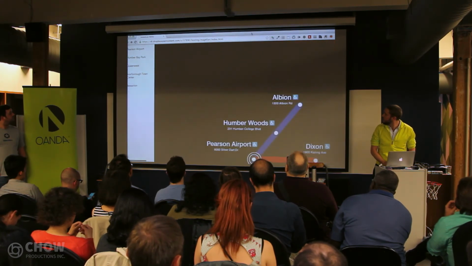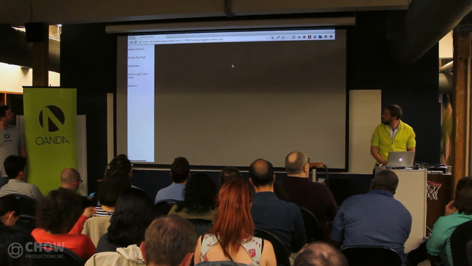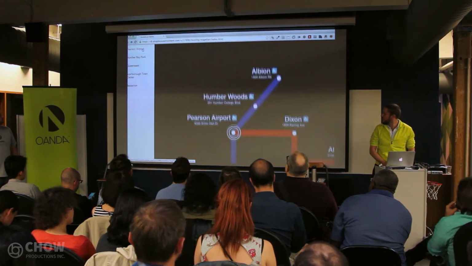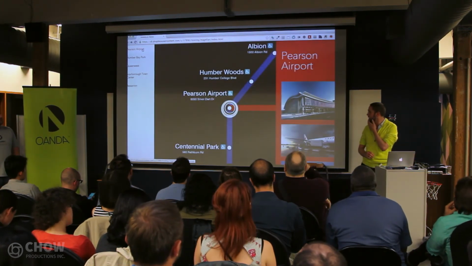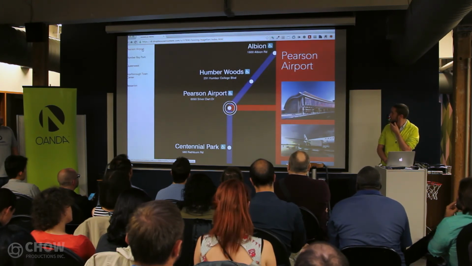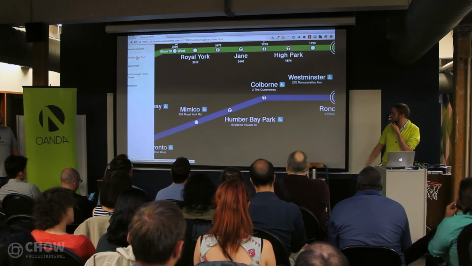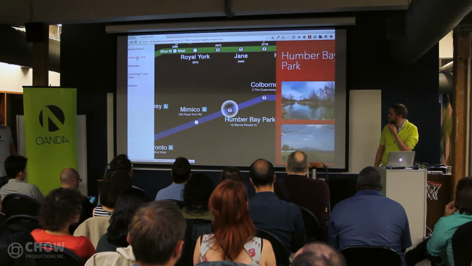So I'll just load it up from the top. Basically, we have this alternate reality version of the TTC map that somebody was kind enough to allow us to use. And this whole effect, if you want to walk through that. Yeah, so